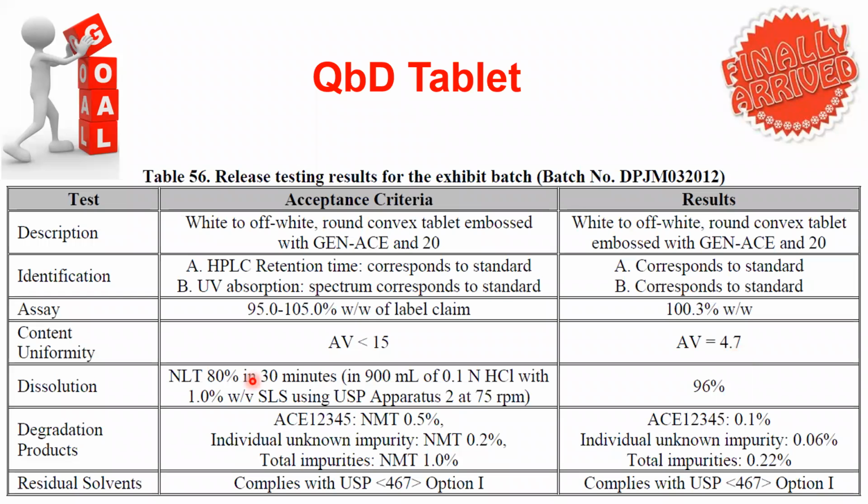Then dissolution should be not less than 80% in 30 minutes. That we all know, we have seen it before. That is the RLD tablet of acetyltryptan. But you see how wonderful it is, they got 96% release. Because as I said in DOE, we can also maximize the results or minimize the results. So whatever process parameters and material attributes they have selected, they maximized the dissolution. They could come to know 96% can be achieved using the excipients and the process which they used. That is the advantage.